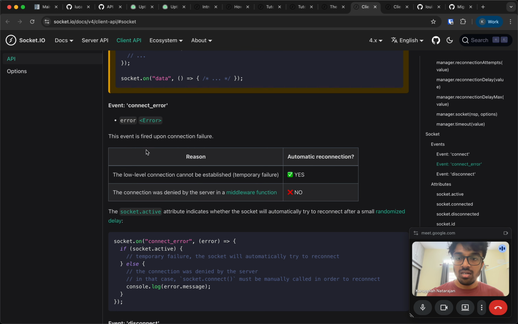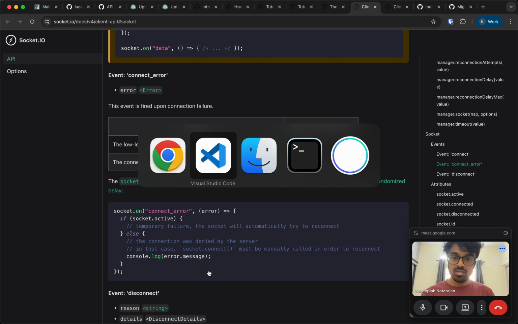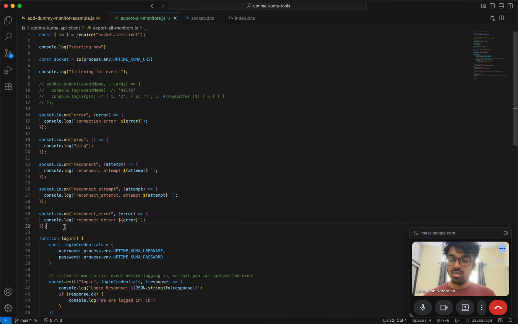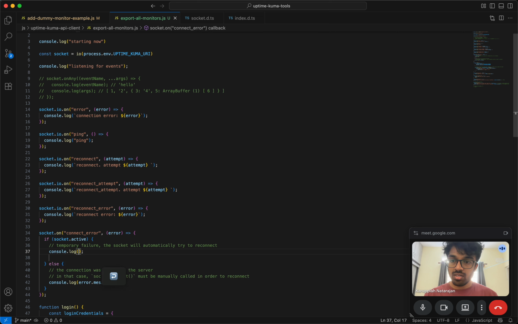So connect error is actually a thing over here. You can actually see the attribute indicates whether the socket will automatically try to reconnect after a small randomized delay. So temporary failure, right on. Okay, so let me just put this in here. I'll put that also here. So log temporary failure. The socket will automatically try to reconnect, and then here